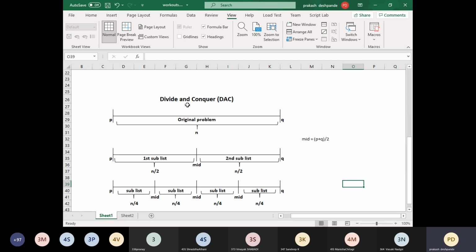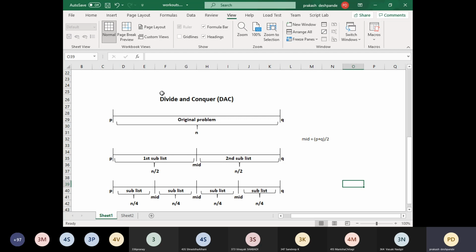From the point of view of your examination, you may get a 5 marks question to explain the general concept of divide and conquer, or you may get any problems. There are 5 different problems which we are going to study as part of divide and conquer. You will definitely get 3 questions, that is 15 marks, from this unit. One question could be theoretical, like the general concept of what divide and conquer is, or it could be any problems also.